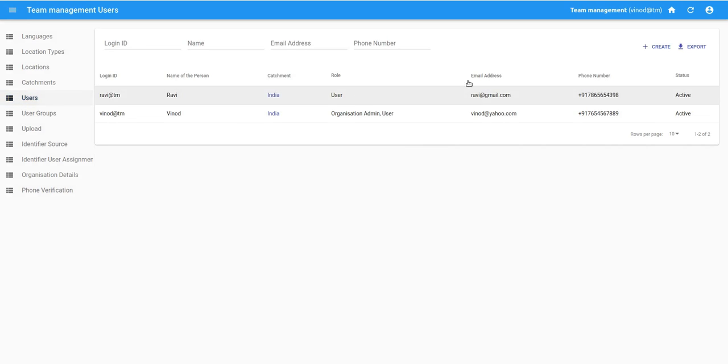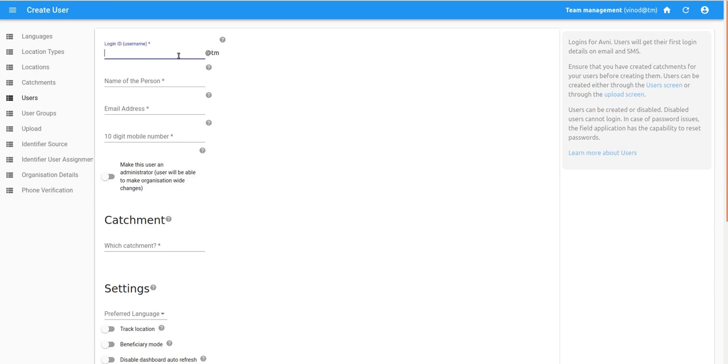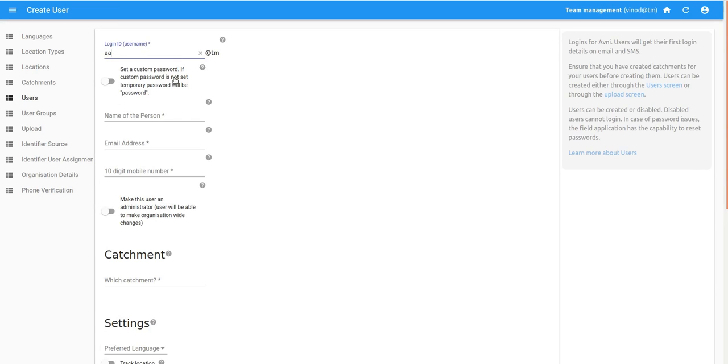The next feature related to user management is the support to provide a custom password. When any user is created, they are given a temporary password, and when they log in with this password, they are prompted to change the password.